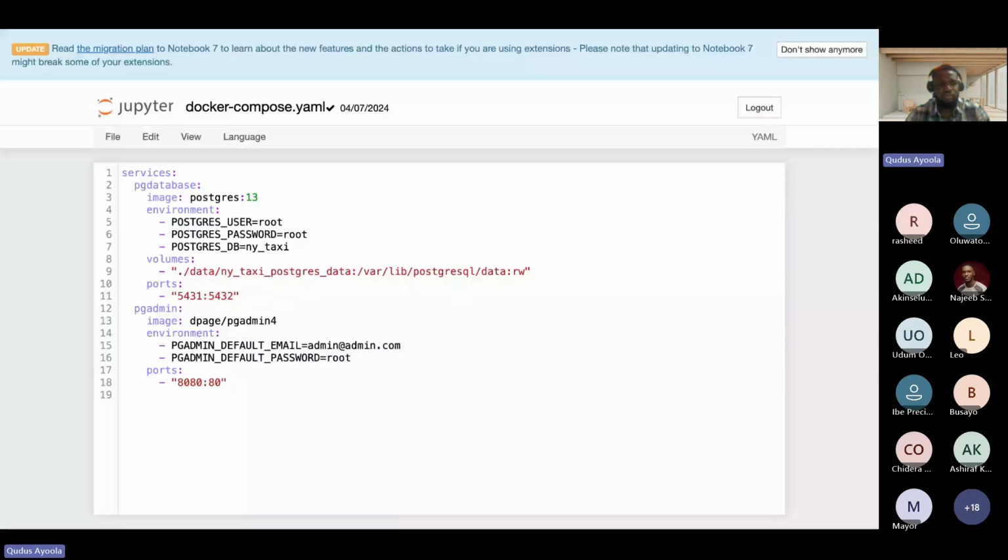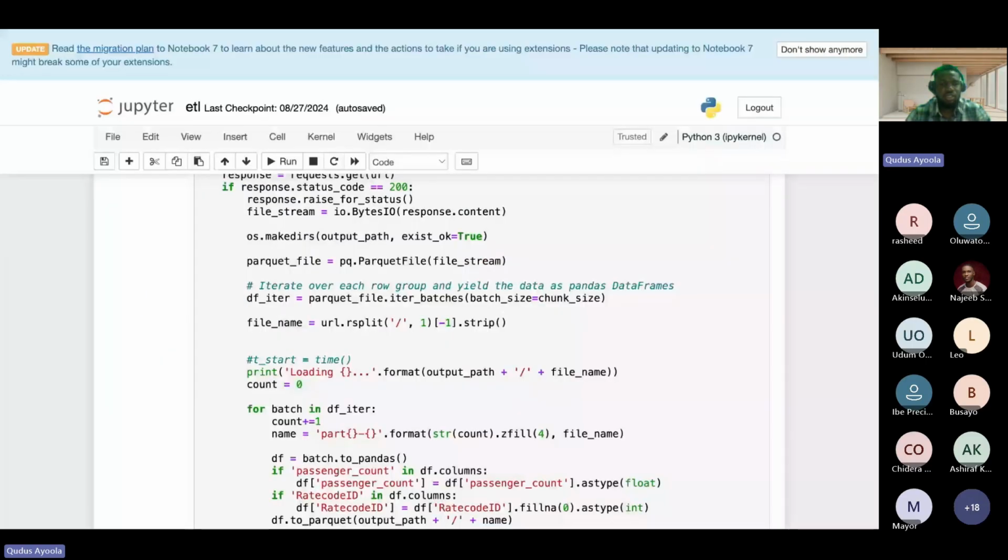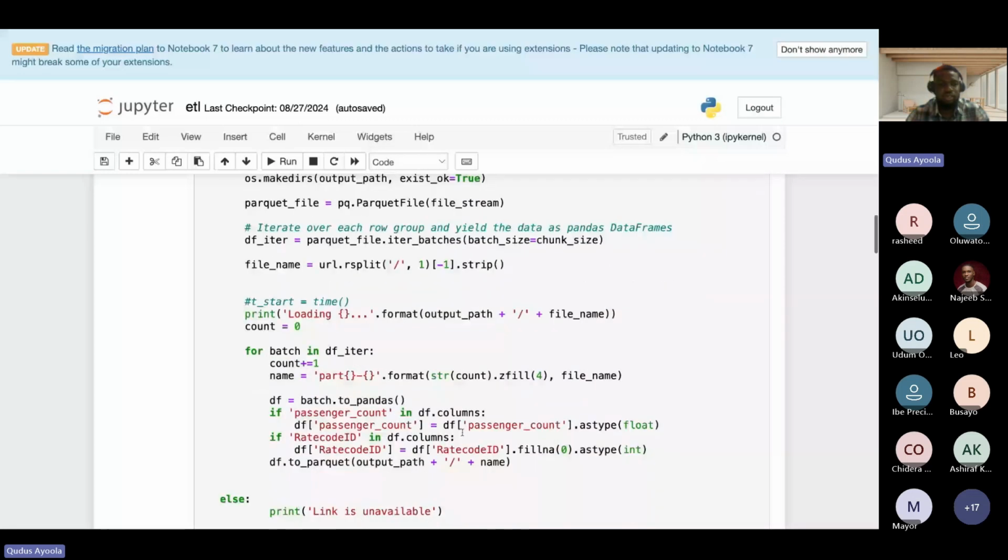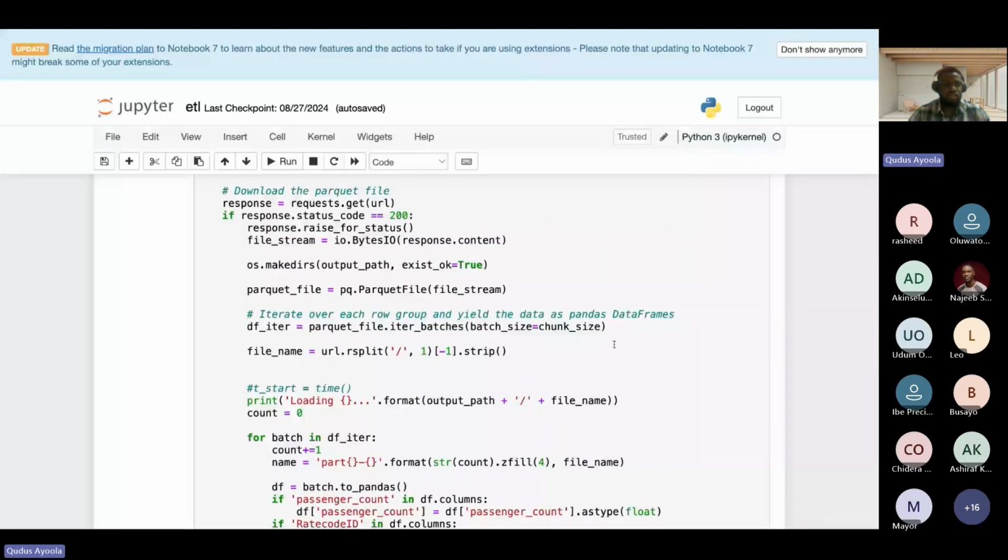So this is where I define my Postgres environment. Then best practice is to have a separate Docker container for your Python script rather than just a notebook, and have it communicate directly with the Docker container where you have your Postgres.